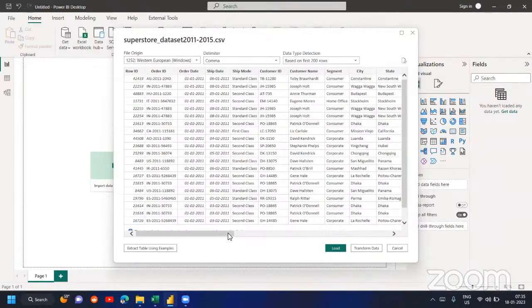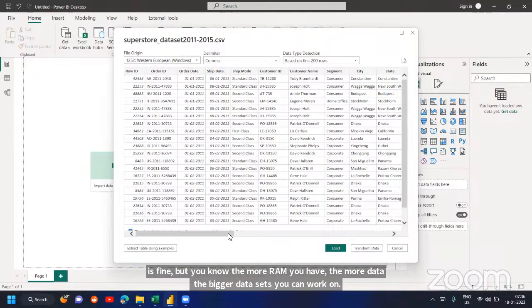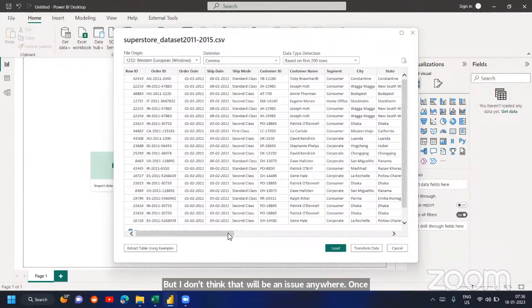One thing which I recommend when it comes to the laptop or system you use for practice purposes is that it is good to have 16 GB RAM. In case you have an 8 GB laptop, you can always upgrade the RAM manually. Maybe a couple more GB you may add, maybe a 2 GB or 3 GB stick you can purchase and add. Even if it is 8 GB, it is fine. But the more RAM you have, the bigger data sets you can work on. I don't think that will be an issue. Once you start working, you will get a good laptop, and on that you can practice even more things. So 8 GB will be fine for now if it's manageable, but 16 GB is always recommended.